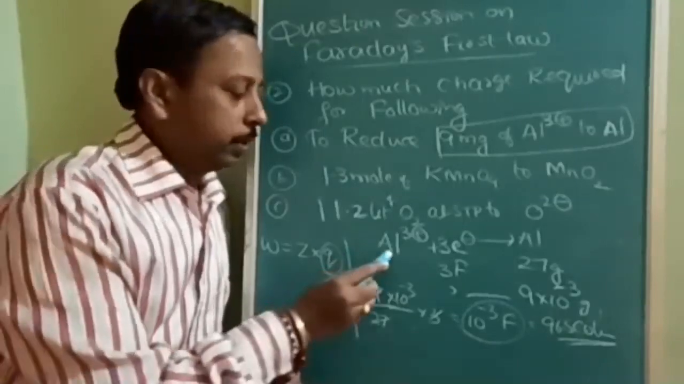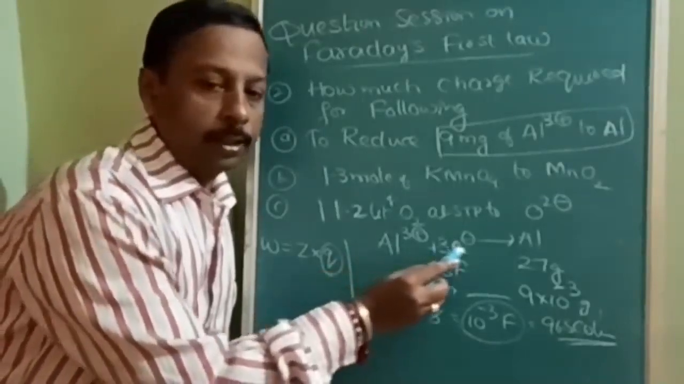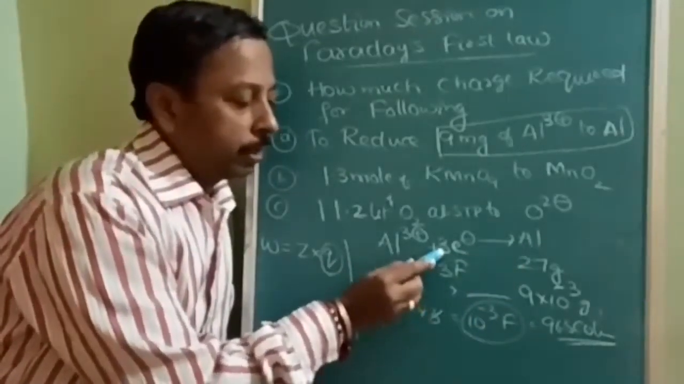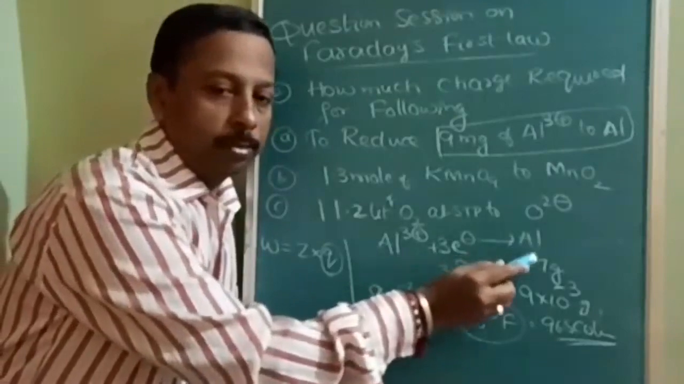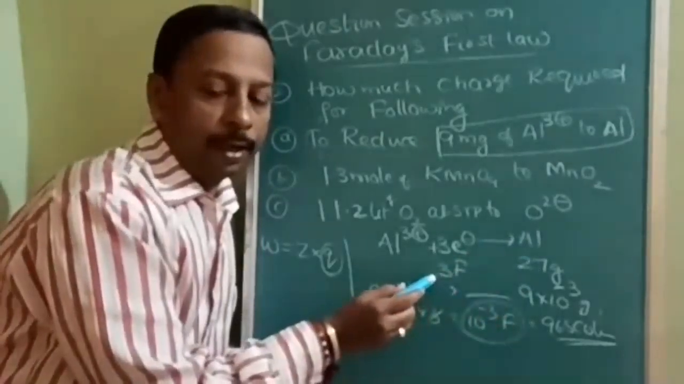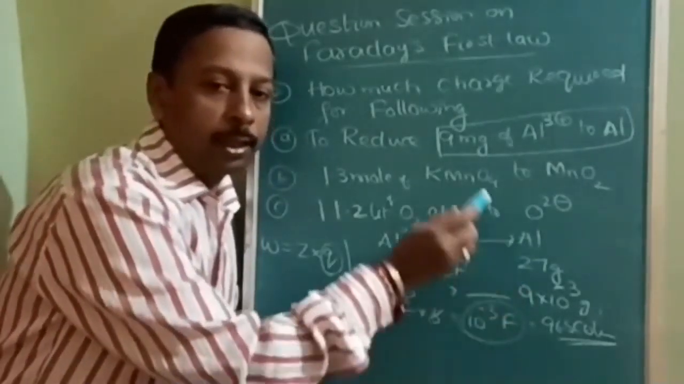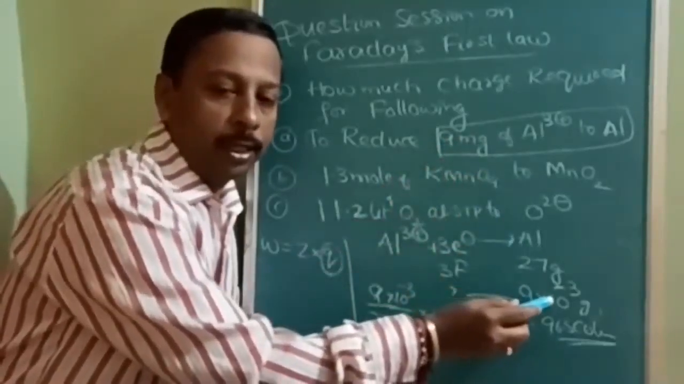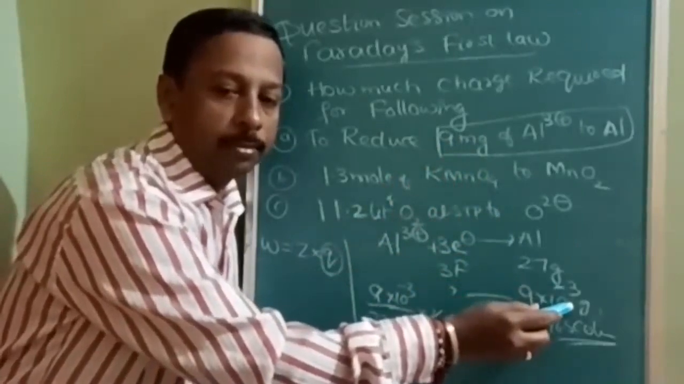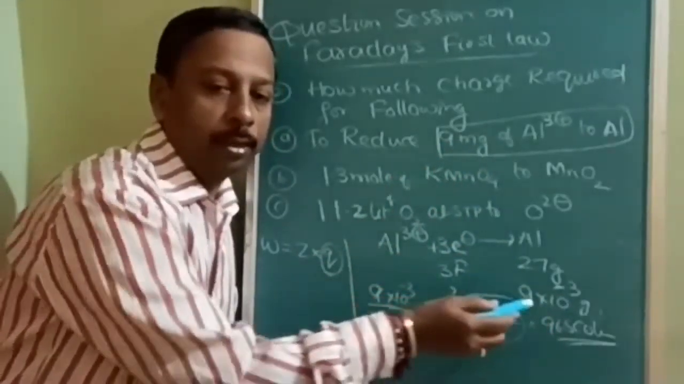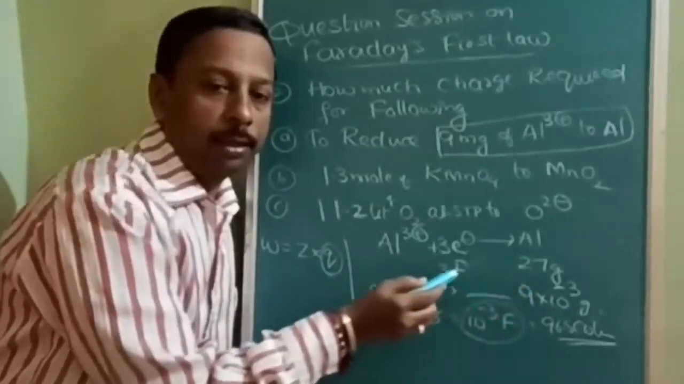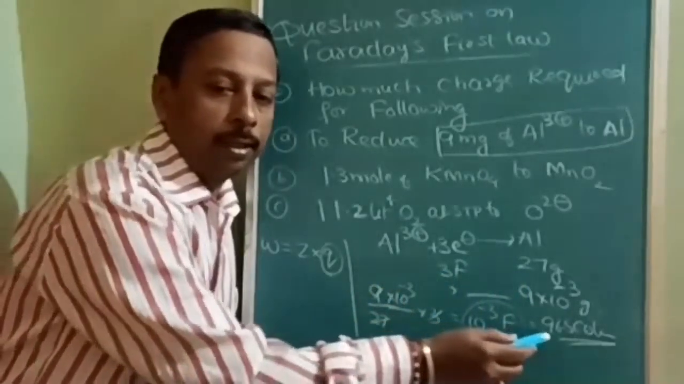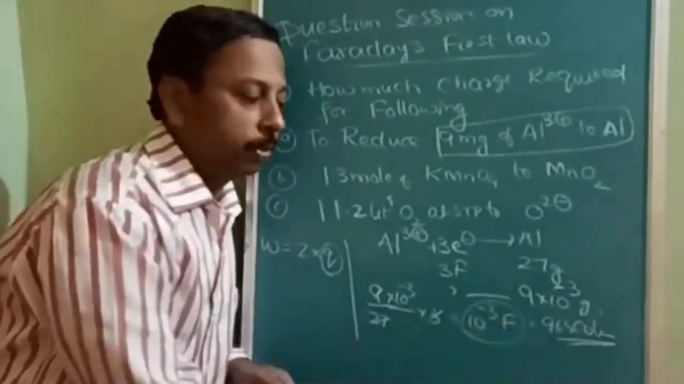Okay, see here. Aluminium 3 positive plus 3 electrons gives aluminium. So according to this, 3 Faraday of charge gives a mass of almost 27. If 3 Faraday gives 27, I want 9 milligrams. So 9 milligrams equals 9 into 10 to the power of minus 3 grams. So 9 divided by 27 into 3 gives 10 to the power of minus 3 Faraday. 96500 into 10 to the power of minus 3 means